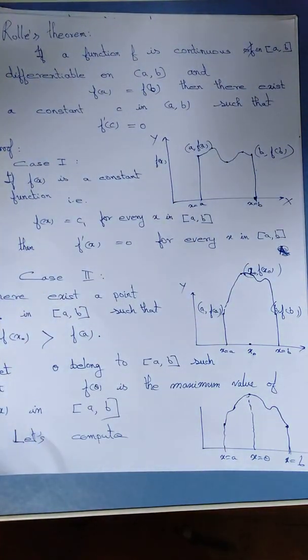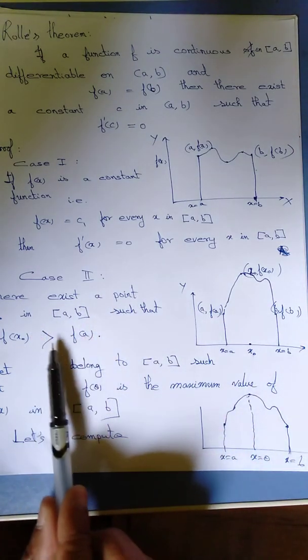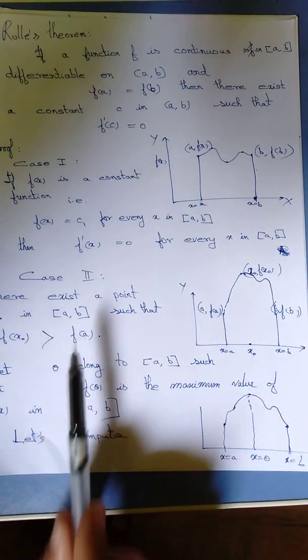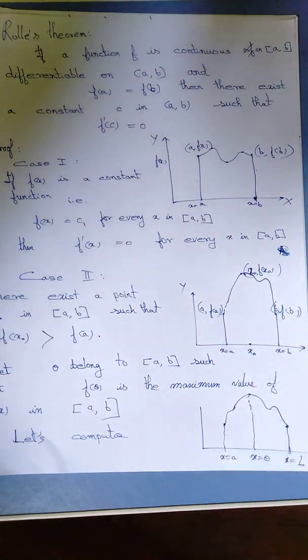Then what can we say? Well, if it happens that such a point may not exist, then since it is not a constant function, f(x) is not a constant, in case 3 we must have that